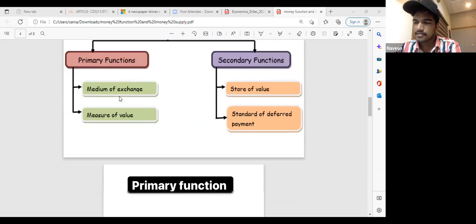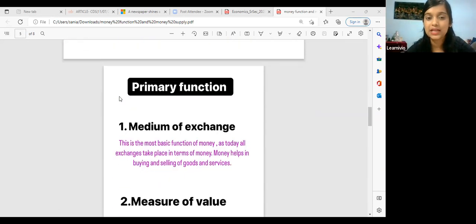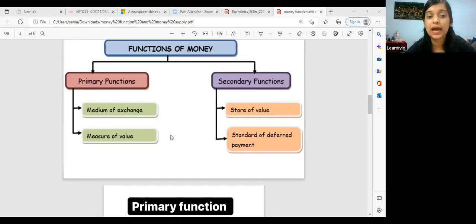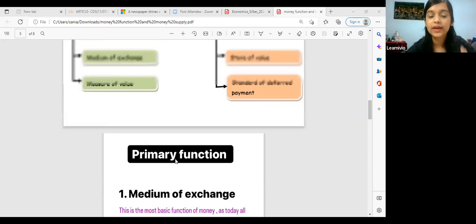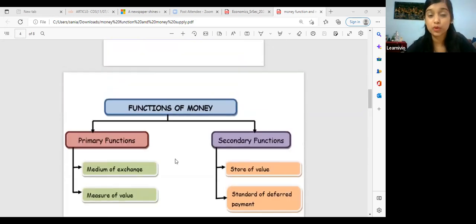Okay, good. So basically, from next class, we'll start with the definition. I'll explain what you understand by medium of exchange, everything. Till today, because this was your very first class, I don't want to pressurize you with lots of stuff. But from next class onwards, of course, things will be more and more.